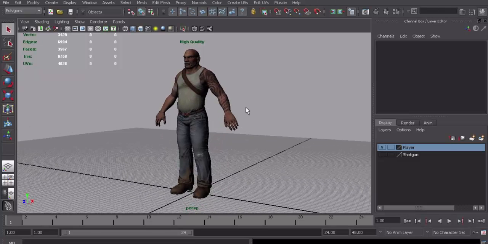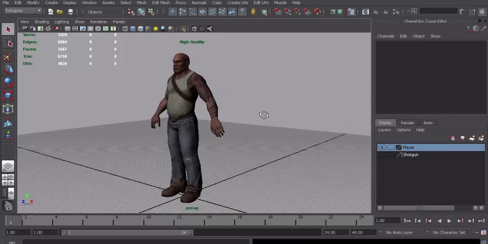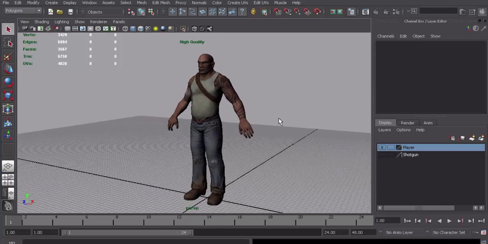Okay, so hopefully you have a much better idea now, if you're not familiar with the concept of redrawing topology or retopologizing, why we would need to do that. So in the next lesson, let's go ahead and take a look at the interface of Topogun, which is a really